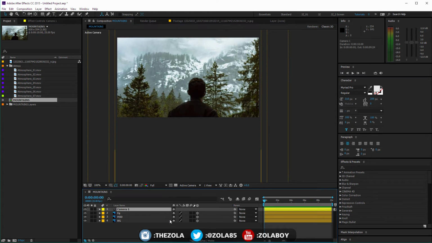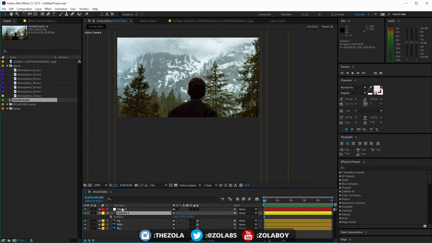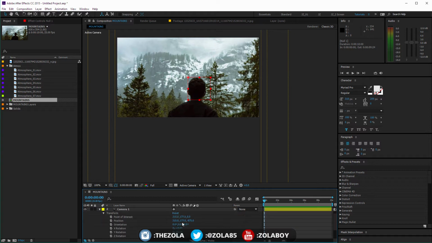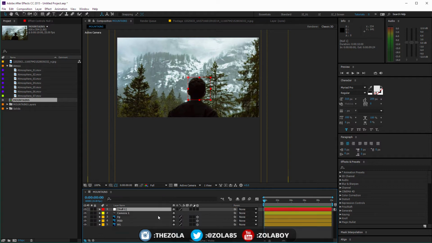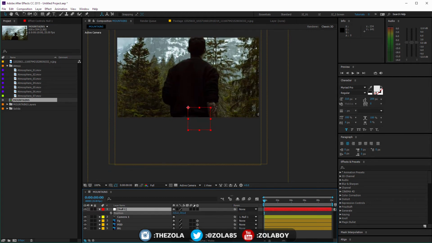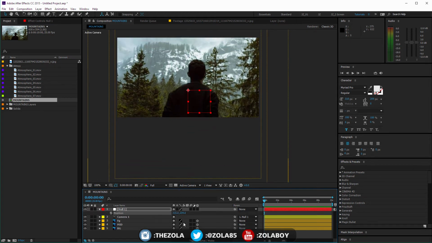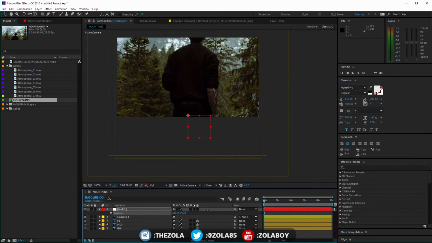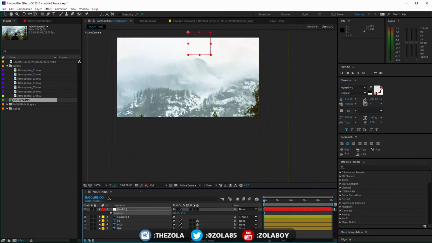So what I'm going to do is, in fact, I'm going to create a null here. And we haven't really talked about nulls yet, but basically I'm going to parent my camera to this null, and then that way I can just move the null up and down, and so there we go. As we can see here, the background is moving way less than me and the trees, which is what's going to create this kind of effect.